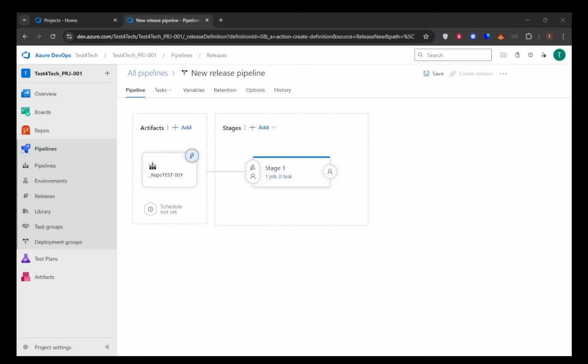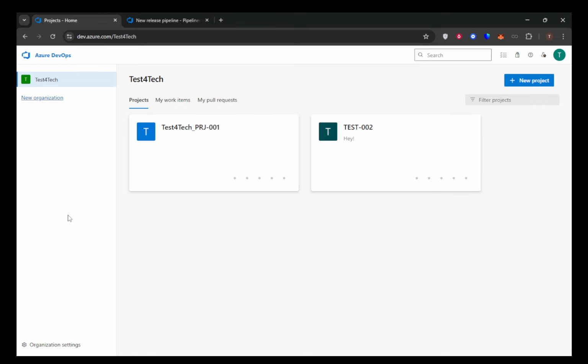In today's video, I'm going to teach you how to create a CI/CD pipeline in Azure Pipelines using the classic editor interface, a method perfect for those who prefer a visual UI over code-based pipelines. Let's dive right in. First, we need to make sure that the classic editor is available in your Azure DevOps